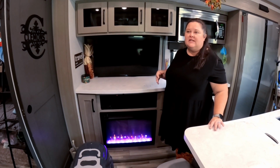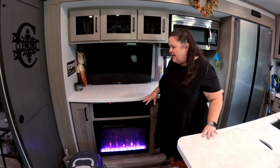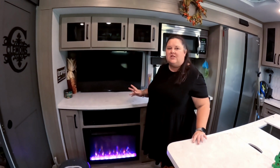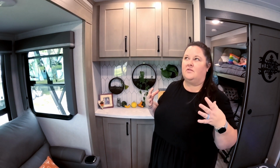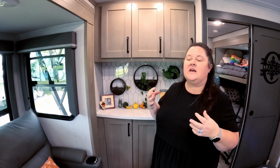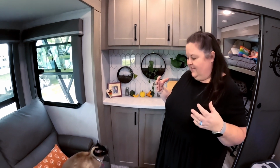We're up in Maryland right now. It's starting to get a little chilly, and it's good to take the chill off at night and the chill off in the morning. One of the sad things, I think, is you have to give and take with these models. I don't think you ever can find that one that's 100% perfect. This did not have a pantry in it, and I love